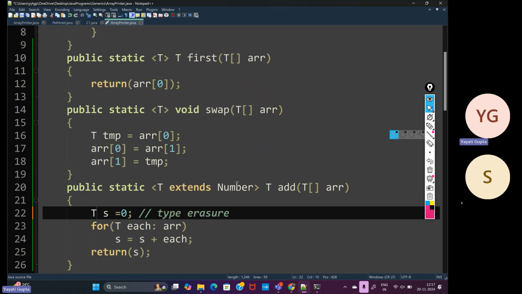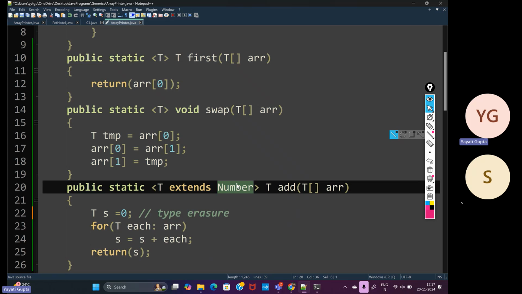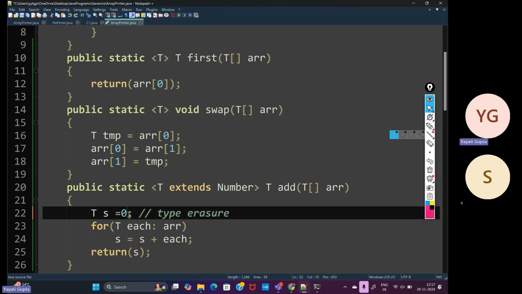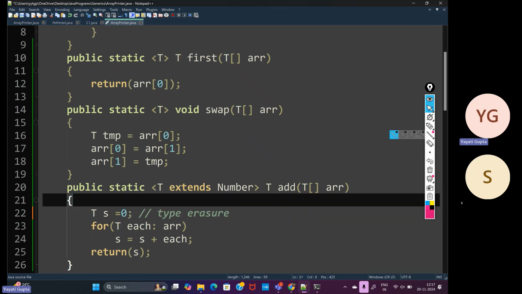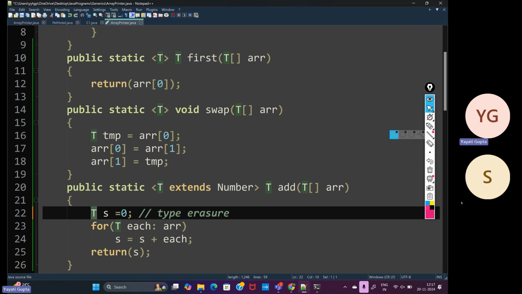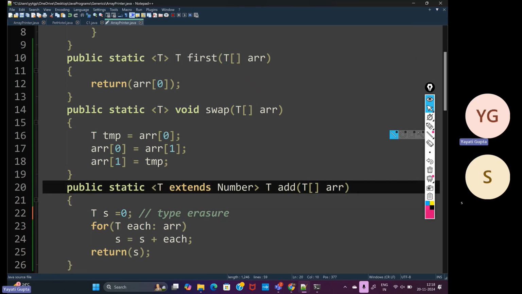It can be any kind of number wrapper class, but still any kind of number. So it can be a double, it can be a byte, it can be a short. And maybe if T was double, you should write 0.0 here instead of 0. You should not initialize at 0 because this 0 over here is an integer. You are not sure if any number can take this value of 0. So we need to make some changes to this function. You cannot use the T type parameter directly here. What you need to do,